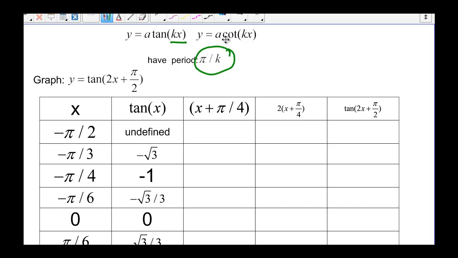Graph y equals tangent of the quantity 2x plus pi over 2. The first thing we have to remember is that we want to make this tangent of 2 times the quantity x plus pi over 4. So that's our first step, take that 2 out. And now we first do the transformation x plus pi over 4. So when we do that, we get